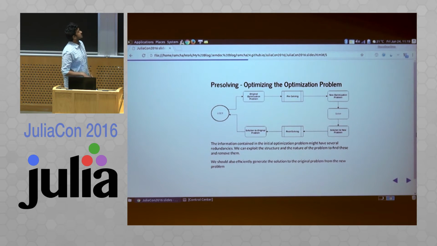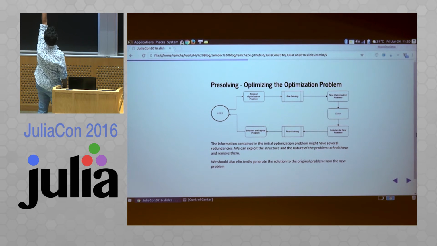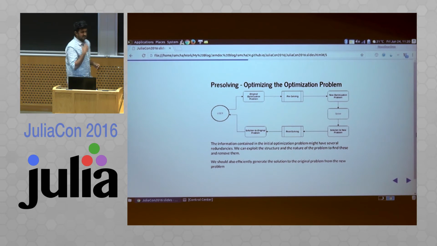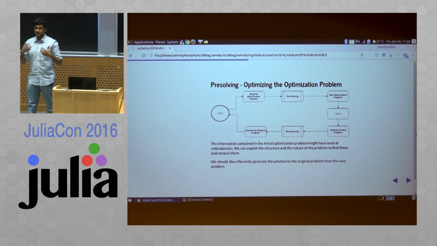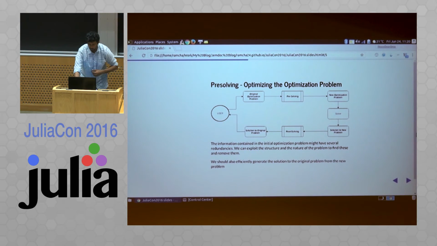This is a software description of the process that's going to be happening. There are two layers basically. There's a modeling layer where the user interacts and says, please make this problem for me and solve it. And there's a solver layer where internally the problem is fed to the solver and the solver reports back the solution. I'm going to be working right in the middle of the modeling layer and the solver layer. You can see there are two boxes, pre-solving and post-solving. That's where my code will be. My code will be processing the problem input given by the user, modifying it, identifying the redundant constraints, removing them, and feeding the result to the solver.